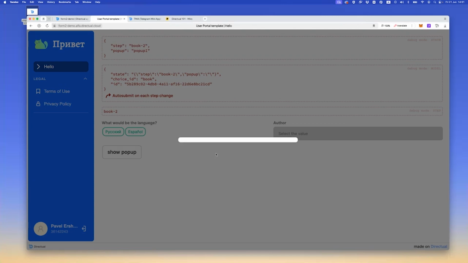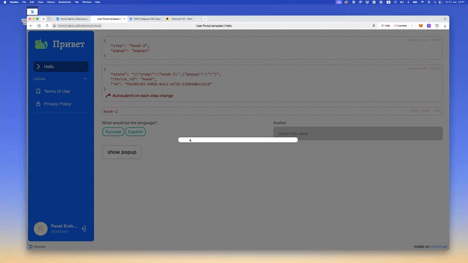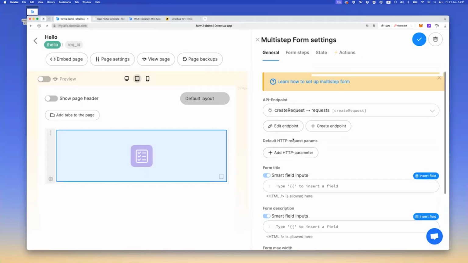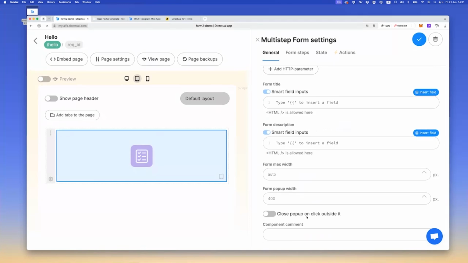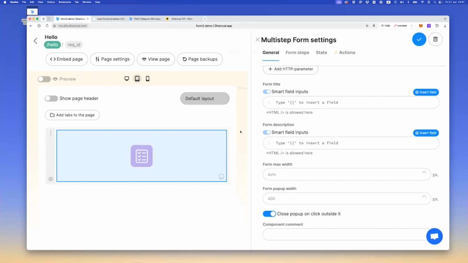All right, here's pop-up, but it's blank and I cannot close it. So there could be a button inside the pop-up for closing it, but also there is an option to close pop-up by clicking outside it. Check it again, show pop-up, close pop-up. Let's add some